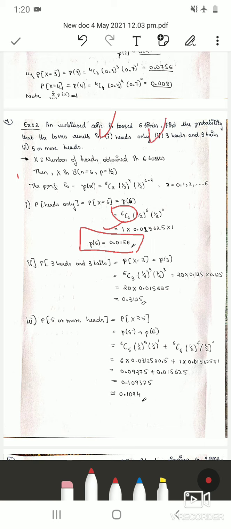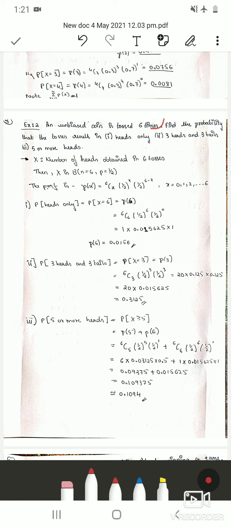They have given 3 heads and 3 tails. So it is obvious, when you toss a coin 6 times, if you are getting 3 heads, then the remaining will be 3 tails. Obviously, if they had given 2 heads, then the remaining 4 will be tails. But you have to calculate the probability only for x, not for tails, because in place of x we have taken the number of heads obtained in 6 tosses, not of tails. So ignore whatever is given in the question about tails, just focus on the heads.